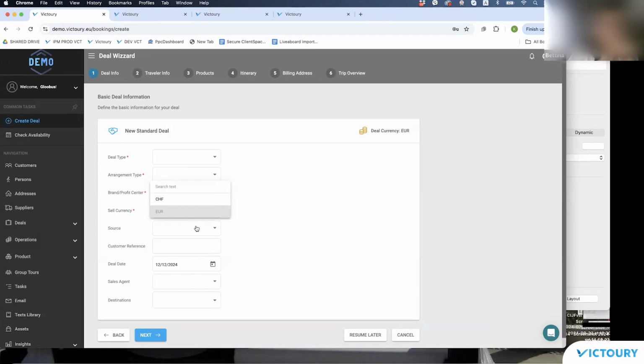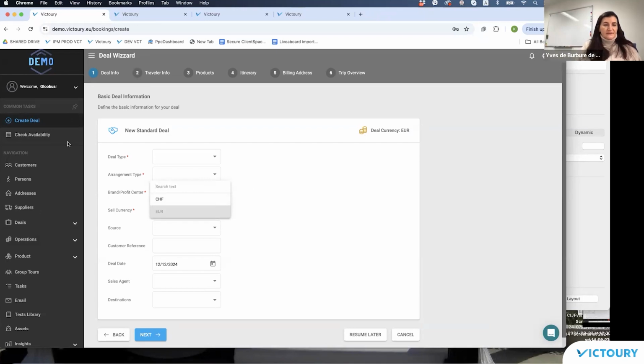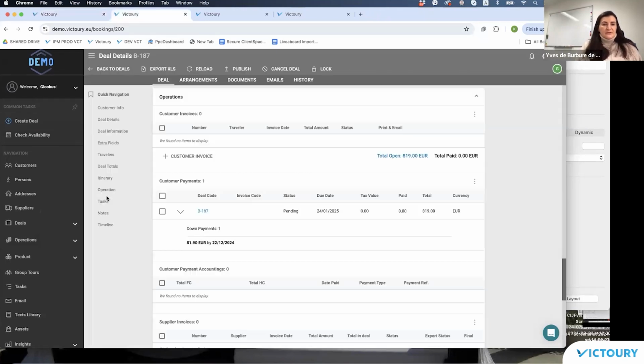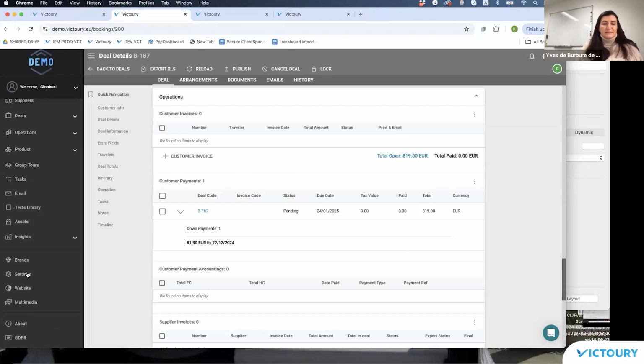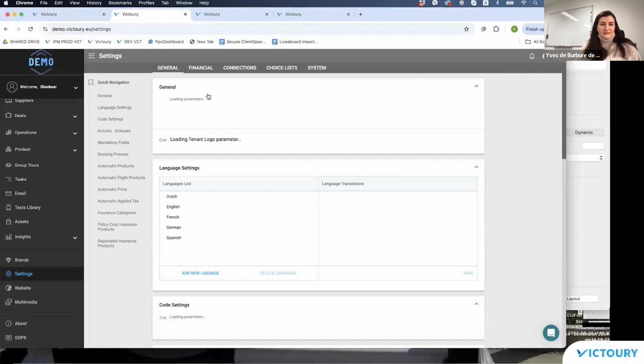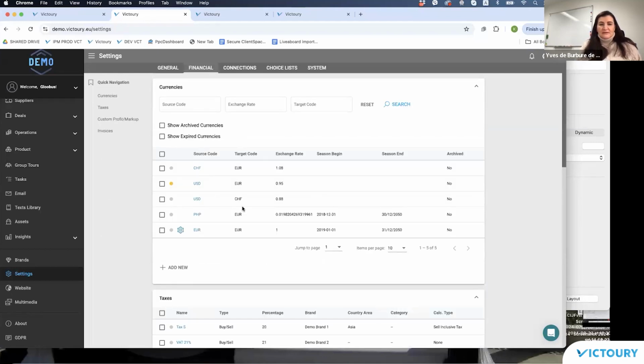So this list is displaying all the individual targets that are distinct, different values. So I have in the target values, if I go back to the currencies in the settings, euro and Swiss franc, and that's why the system is displaying both of them.